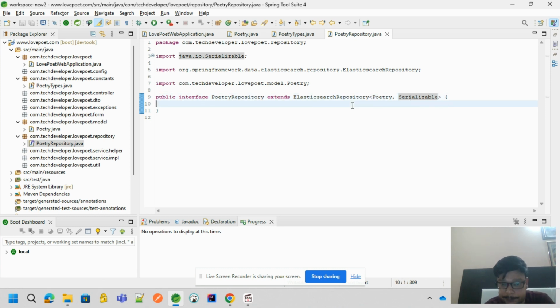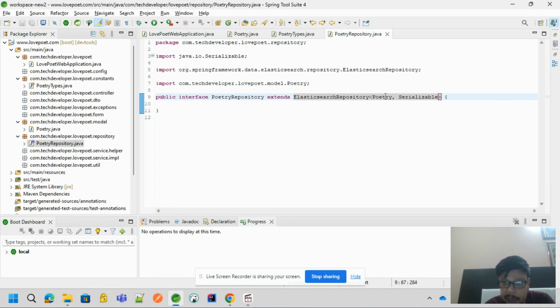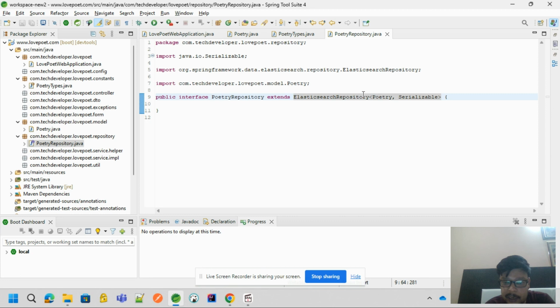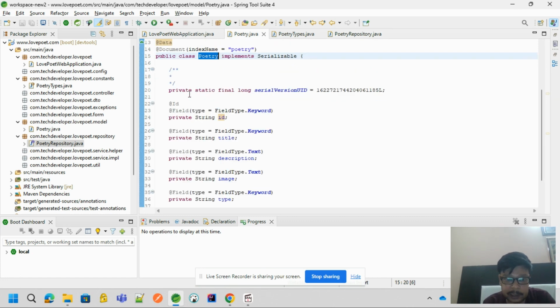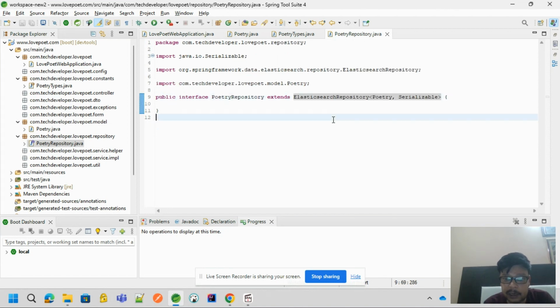Or you can say the Elasticsearch repository will be for the document poetry, and whatever the value is serialized or deserialized will be based on the ID that we are already specifying with the @Id annotation, and we are already implementing Serializable in it. So it helps to identify the difference between objects on the basis of ID, right?